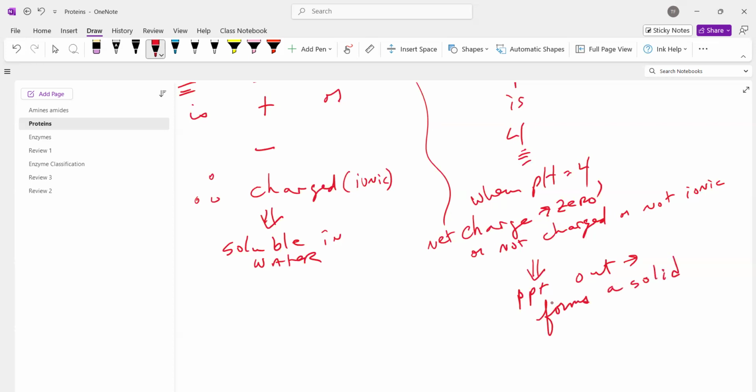Forms a solid. Now, for those of you who cook, how many of you, I don't know how many we have here, like 10 or 12, have made your own cottage cheese from scratch? Anyone? Okay, the way you make cottage cheese from scratch is to take your milk,